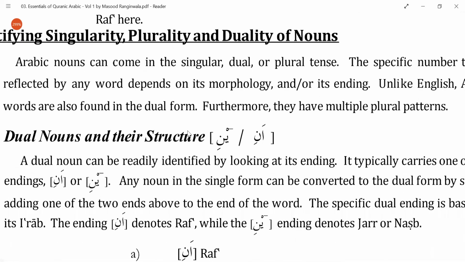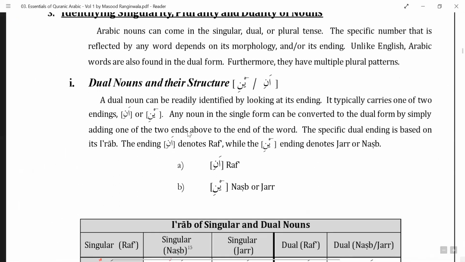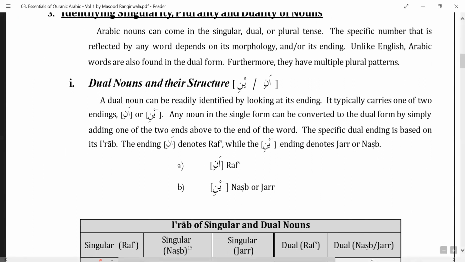Okay. So when you want to identify whether a word is two or not, you will look at its ending. If the word is ending in ani or aini, then only it's two. That word, that ism is two. Okay. Now, muslimani, muslimaini, both mean two Muslims. Then what is the difference? The difference is the role that they will play in the sentence.